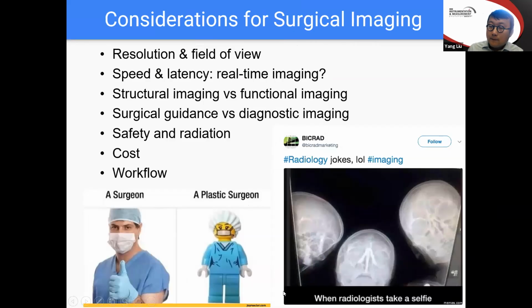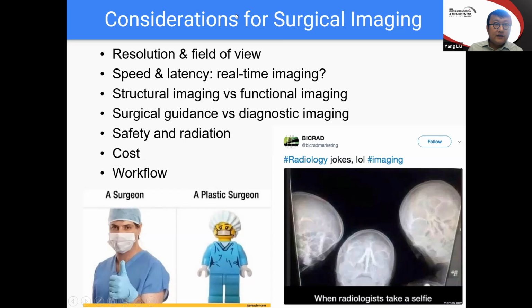As we know, there's a department called radiology, which is focused on diagnostic imaging. They have certain requirements which inspire the development of a lot of instruments. However, not all of those requirements are the same for surgeons. For example, one of the important things for surgeons is the resolution and field of view. And this really has to be looked at together in totality, because you can have very high resolution, but usually it means a small field of view. You could have a large field of view, which usually means not so good resolution. If both are optimized, the speed is usually very slow. So a trade-off has to be considered here.